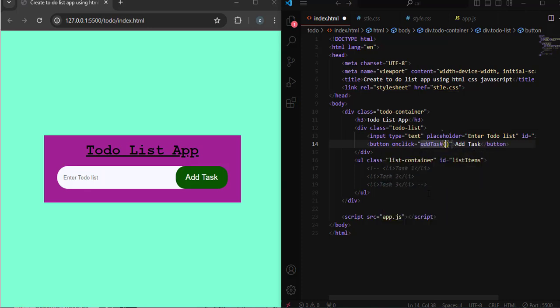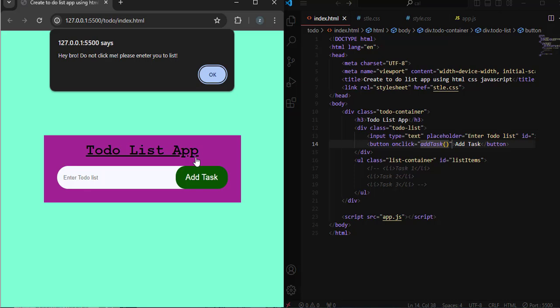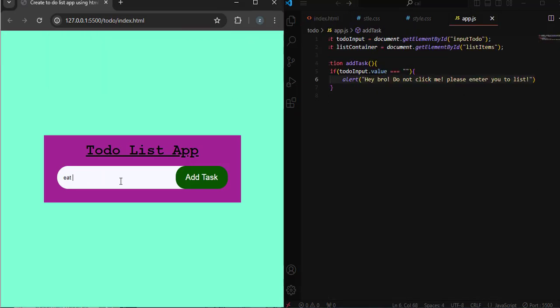And after that, when I click this add task button right here, we have an alert message: "Hey bro, don't click me. Please enter your to-do list." Yeah, it works, right? So now over here again, if we enter some to-do list, let's say it's breakfast,